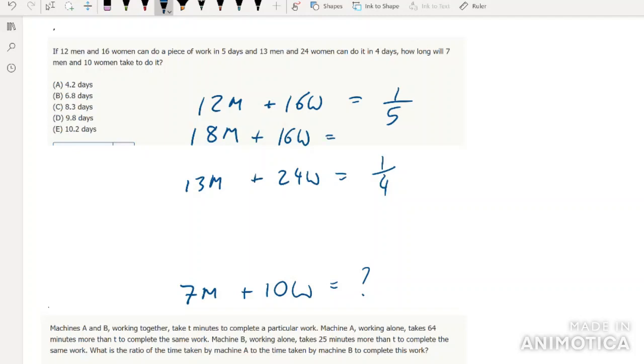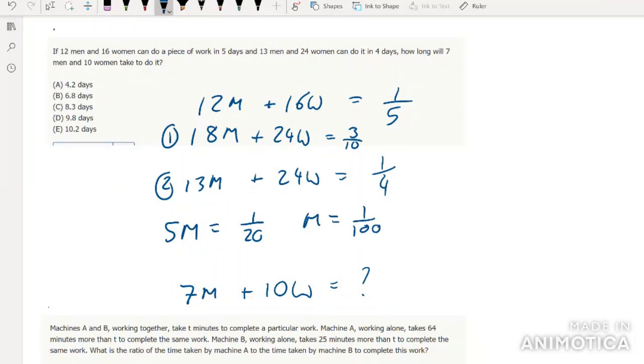In other words, 15 over 50, which is going to be 3 over 10. And that wasn't 16w, that was 24w. So why have I done that? Well, now I can take this one and subtract the second one. So I get 5m equals 3 over 10 minus 2.5 over 10, so 0.5 over 10, which is 1 over 20. So m equals 1 over 100,